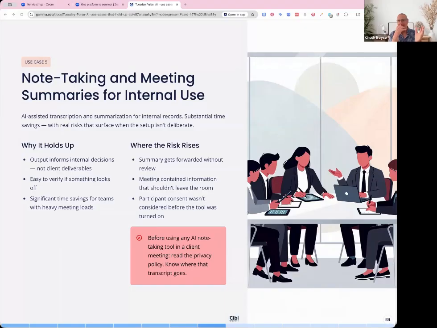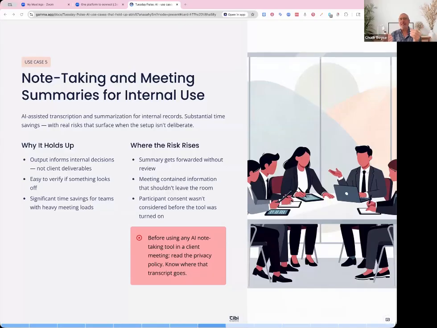Now there's two things. First, who's in the meeting and do they know it's being recorded and transcribed? There are what's called single consent states and multi-consent states. And so if you are in one state, I'm in South Carolina, it's a single consent state. I can run this, I'm consenting that it's being transcribed and recorded. But if someone's in California or Florida or another state that has a multi-consent or dual consent law, you have to inform the other person that it is being recorded and transcribed, and you can request that they turn that off.